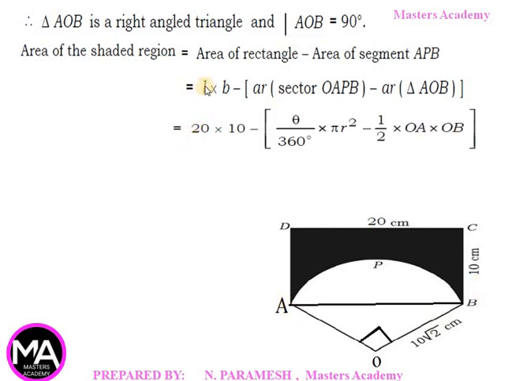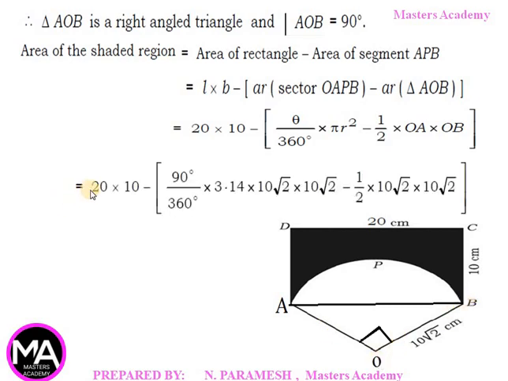That is equal to length 20 into breadth 10 minus area of the sector, theta divided by 360 into pi r square, minus area of triangle, half into OA as base, OB as height. Now substituting the values: 20 into 10 minus, bracket, theta is 90 degree divided by 360 into pi is 3.14 into radius 10 root 2 into 10 root 2, minus 1 by 2